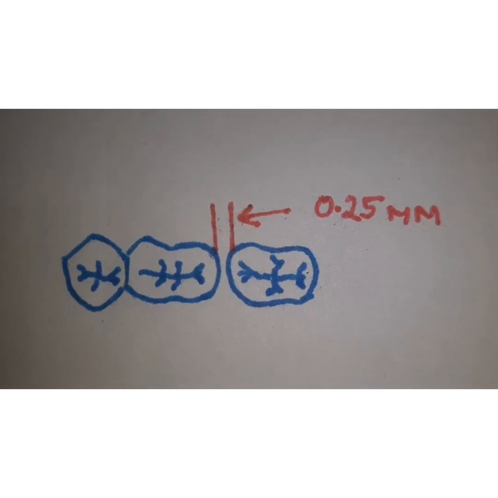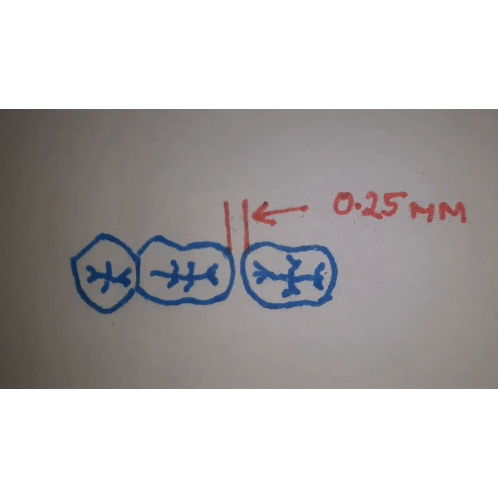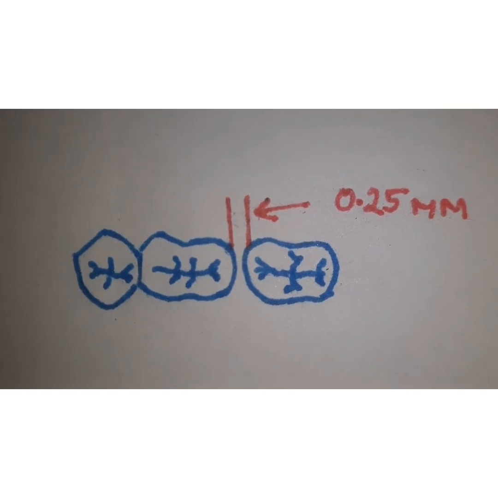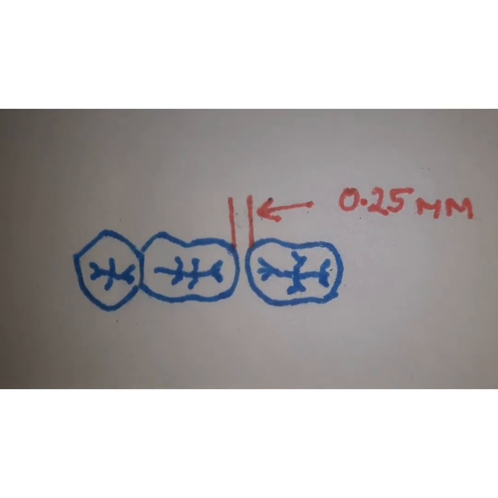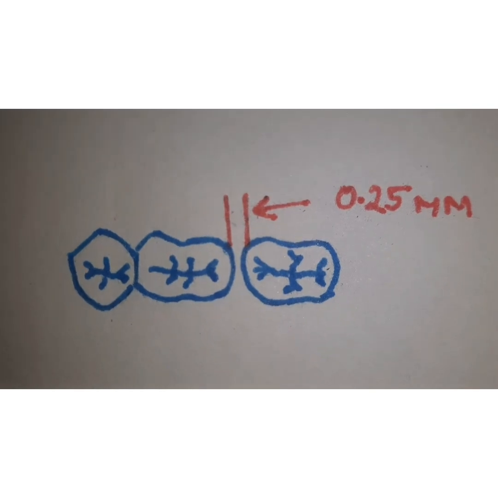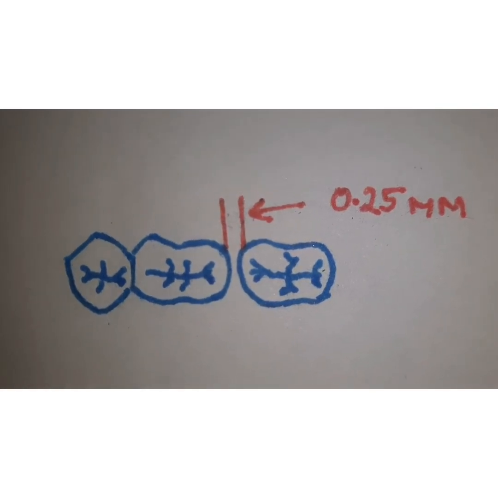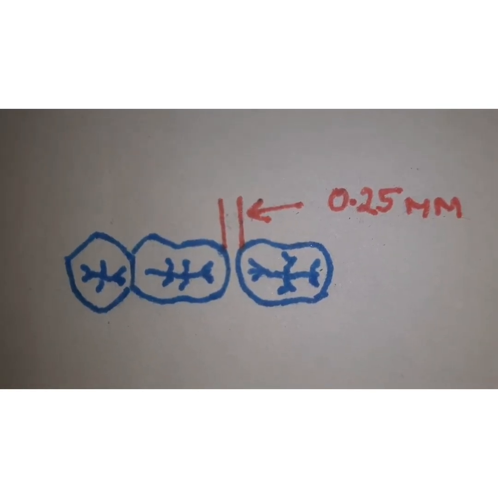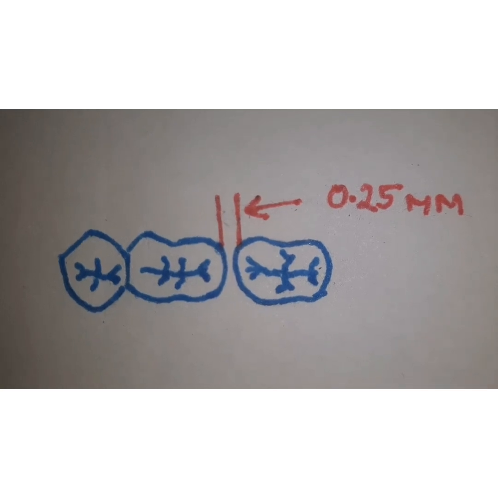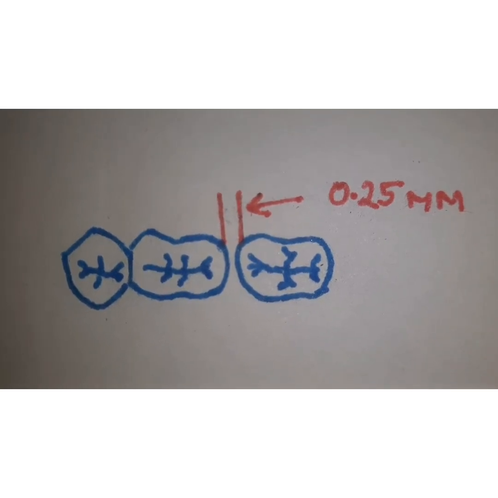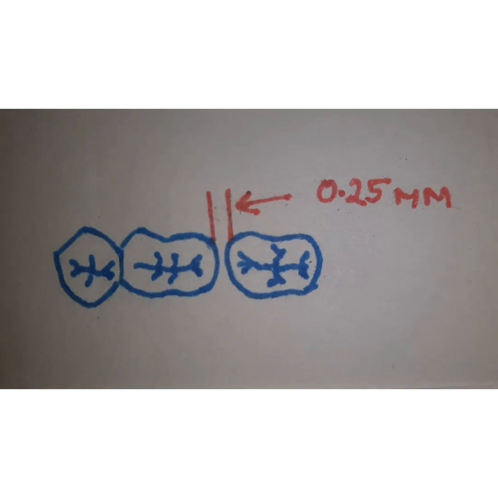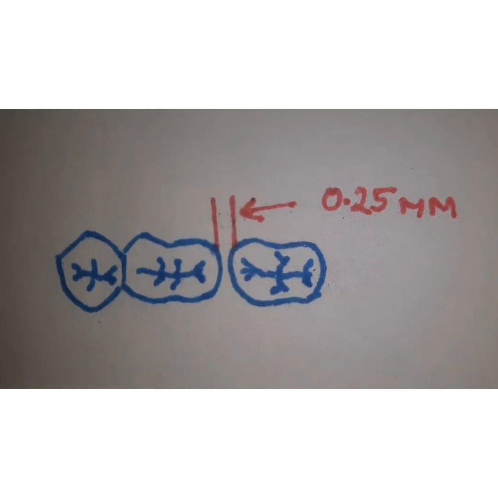So what is soldering? Soldering is a process in which the filler metal has a melting point below 450 degrees centigrade. And you have another process which is called brazing. Brazing is the process in which the filler metal has a melting point of more than 450 degrees centigrade. So this melting temperature decides what type of procedure we have to do.